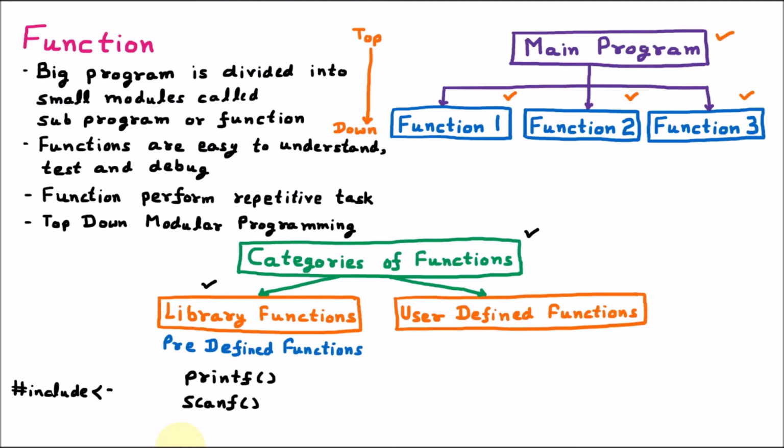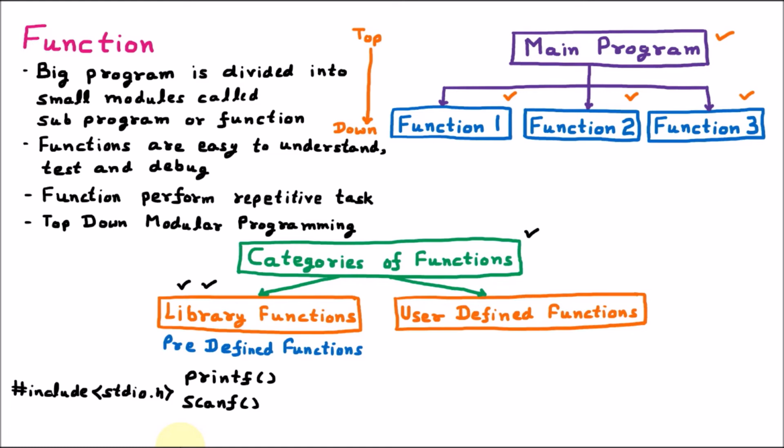Then afterward we simply write stdio, which is the standard input output header file, .h. H stands for header file. So this is the library. Here the functions are predefined and they are part of the library stdio.h. That's why they are called library functions, meaning these functions are available in some kind of library. So they are predefined functions, or called library functions.